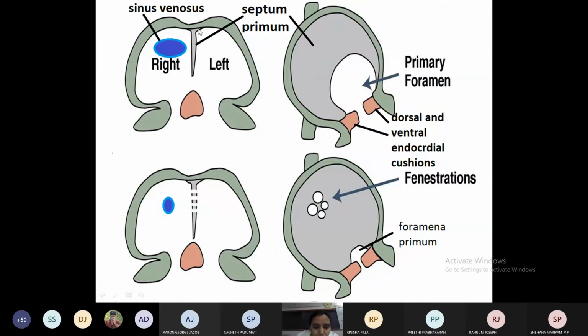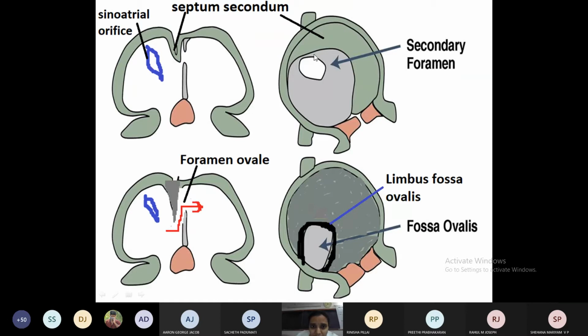This is the primitive atrium. From the middle part of the posterior wall of the primitive atrium, a septum develops. It grows downwards and forwards. The lower part is crescentic shaped, that is called the foramen primum. This grows downwards towards the developing septum intermedium. Later it fuses with it. Before it fuses, the cranial part will disintegrate and form the foramen secundum.